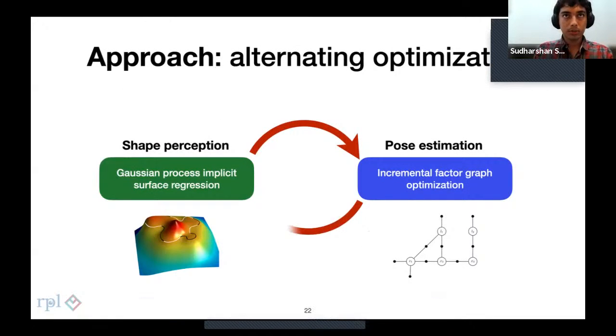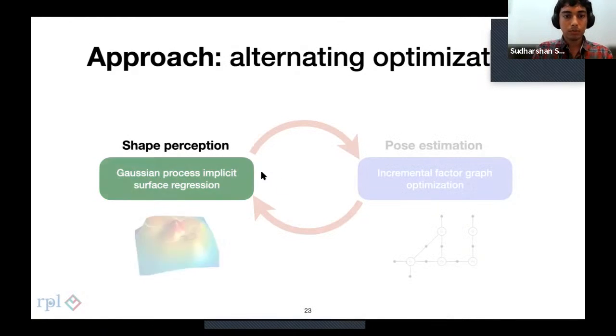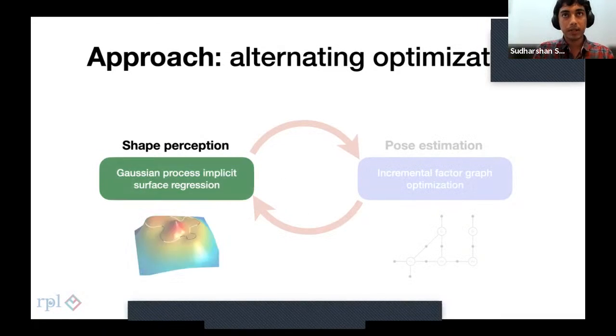So how we go about this problem is this sort of alternating optimization, where we go between mapping and localization steps. So we have a surface estimation step, which is sort of a regression problem using Gaussian processes. And we have a factor graph optimization that tries to use this information. So to first get into what the first part of that is,